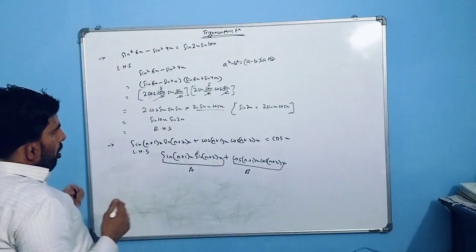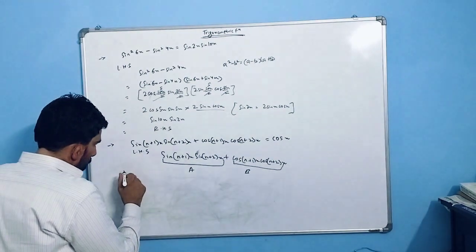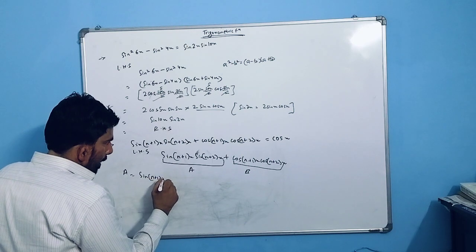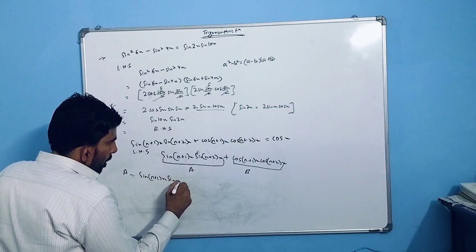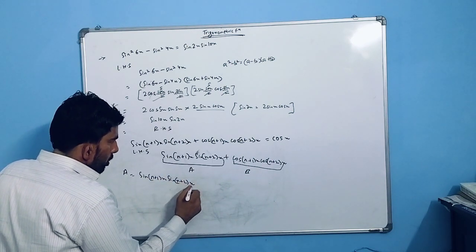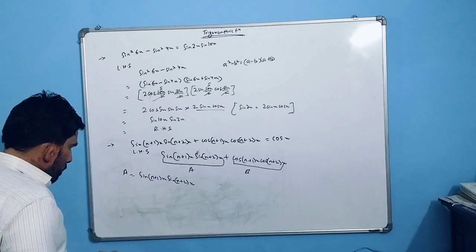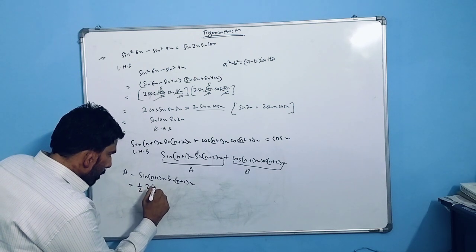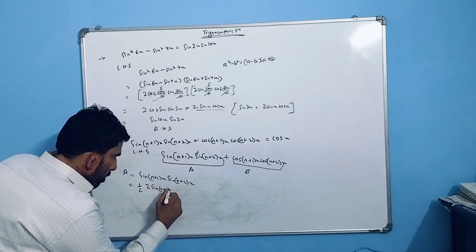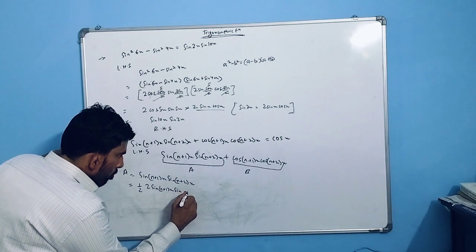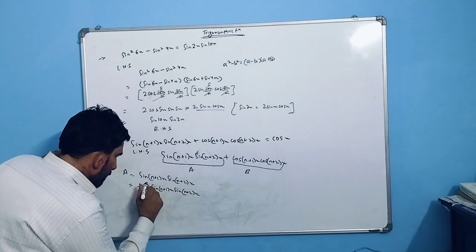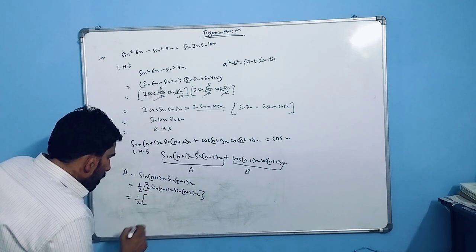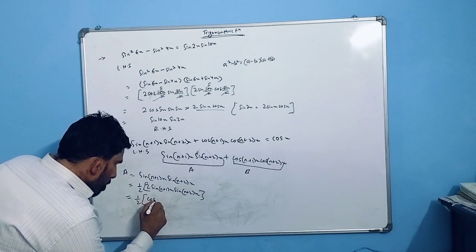So first of all, we'll solve the A part, that is sin (n+1)x sin (n+2)x. Now what we will do is just multiply by 2 and divide by 2 so that it can become a formula. We have the identity which we will apply now, that is 2 sin x sin y. We'll use here, that is cos